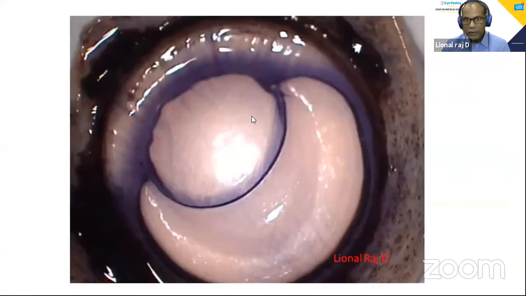So what if I fail with pneumatic dissection? Still there is a chance. In one of the cases I did a DMEC. Even if I could not make a pre-Descemetic separation, it is really tough to do a DMEC after that, but I could achieve a DMEC graft after that also.